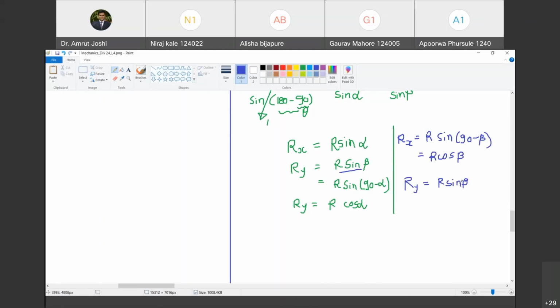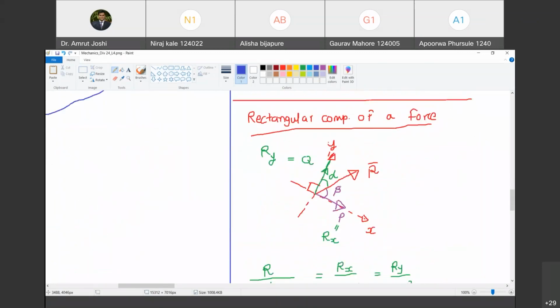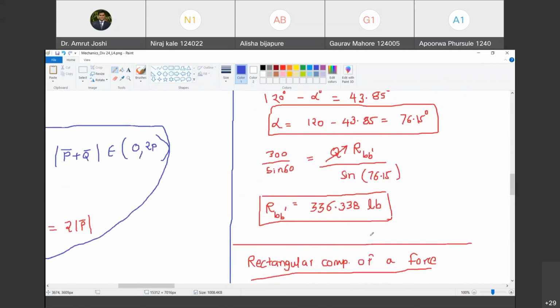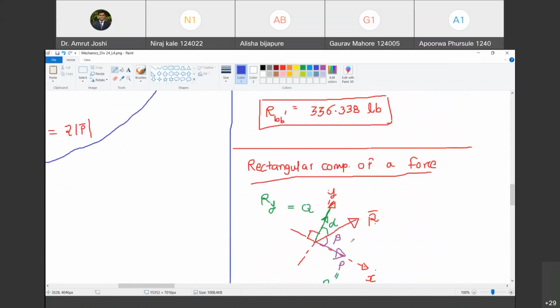So I can even express these rectangular components in terms of angle beta and R. So देखो R sin beta will be the component along y and R cos beta will be the component along x because beta is the angle between R bar and x. Are you with me? Yes, sir. हाँ, तो जिसके बीच में थीटा वो कंपोनेंट कॉस थीटा, ये हमेशा ध्यान में रखना. Happy? हाँ. There is a geometry, of course, behind whatever I am saying, but you can remember this simply as जिसके बीच में बीटा वो कंपोनेंट कॉस बीटा और जिसके बीच में थीटा वो कंपोनेंट कॉस थीटा. That trick will work for rectangular components.